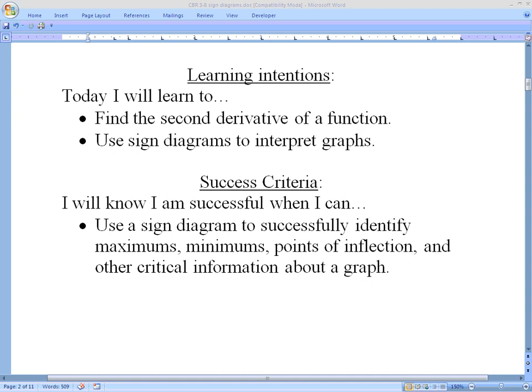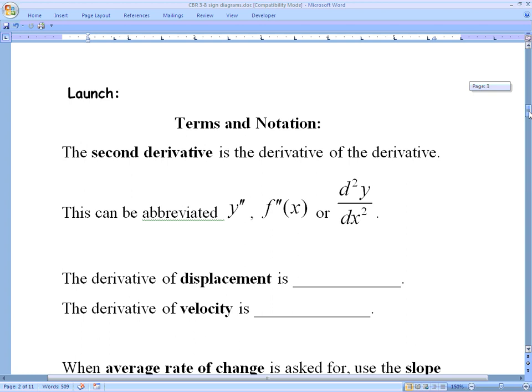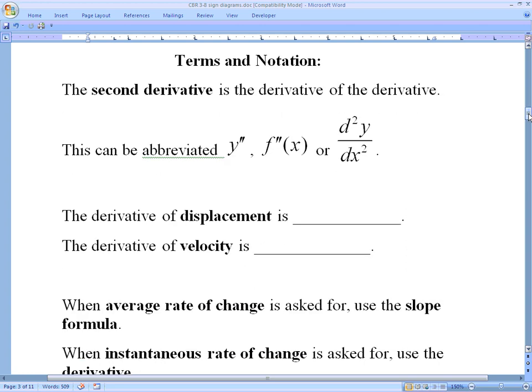Today we're going to continue our discussion on applications of derivatives, specifically talking about the second derivative, which we sort of began to talk about on the last video, and sign diagrams, which we also mentioned on the last video. We're going to explore those a little bit through the use of about 5 examples. So without further ado, from last class,